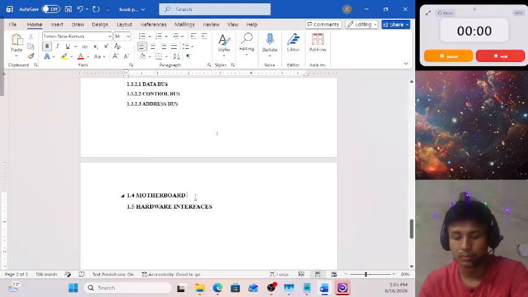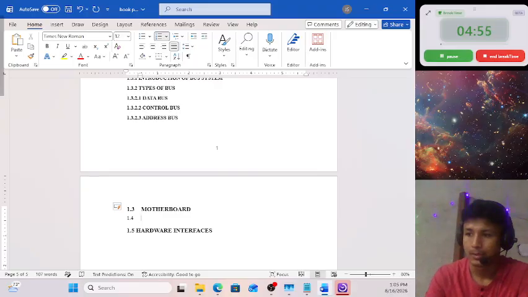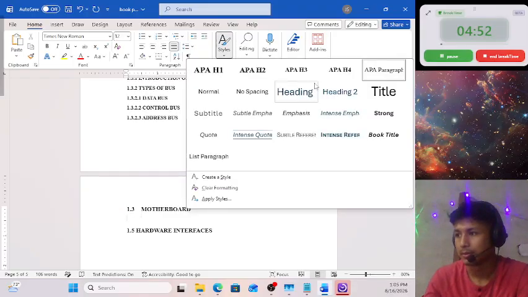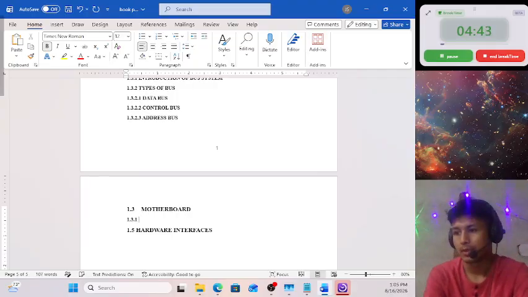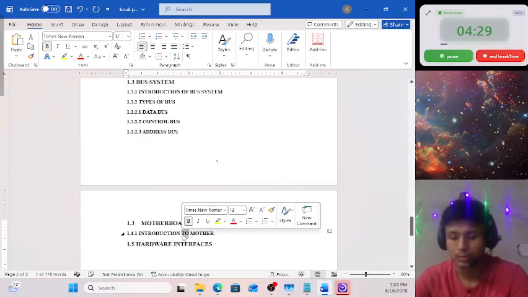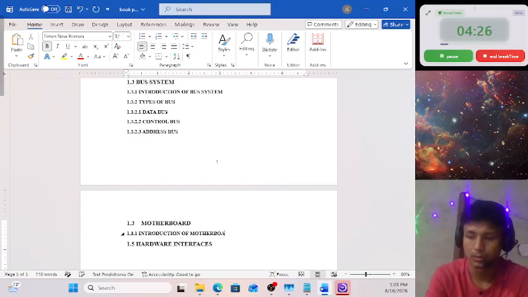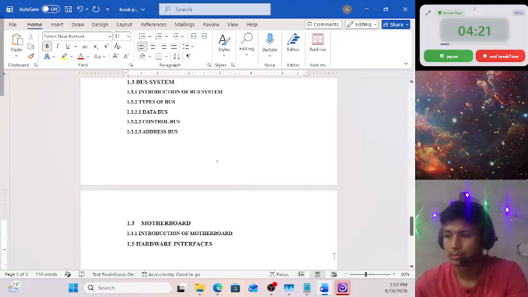So in motherboard there are components of motherboard. Let's just use setting 3. 1.3.1 introduction. Introduction of motherboard. Motherboard is simply a circuit board. So after that come,